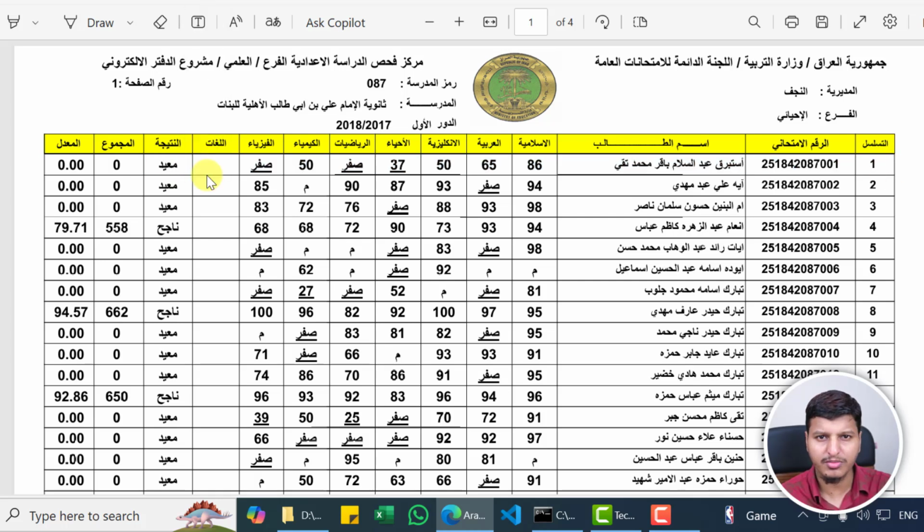The special thing about an Arabic table is that it reads from right to left instead of left to right. In a normal English table, the reading order is from left to right. But in the case of an Arabic table, it's from right to left. That's why you can see the serial numbers 1 2 3 4 5 in the